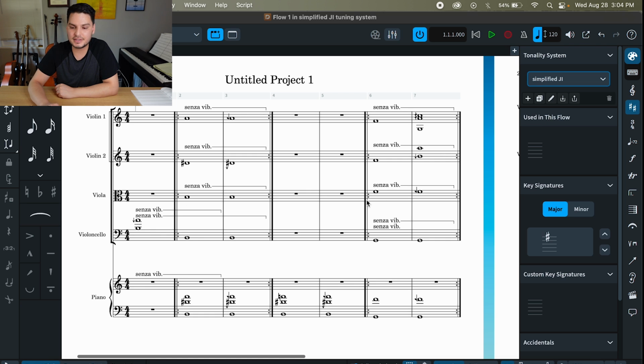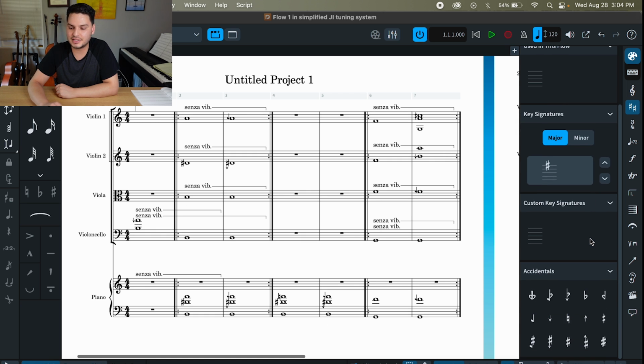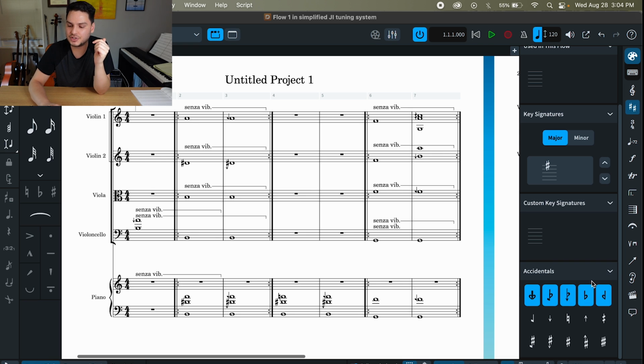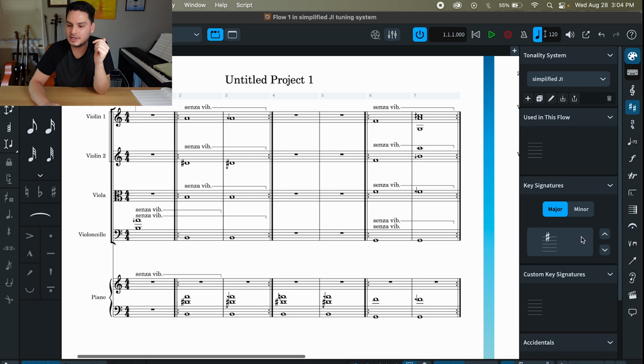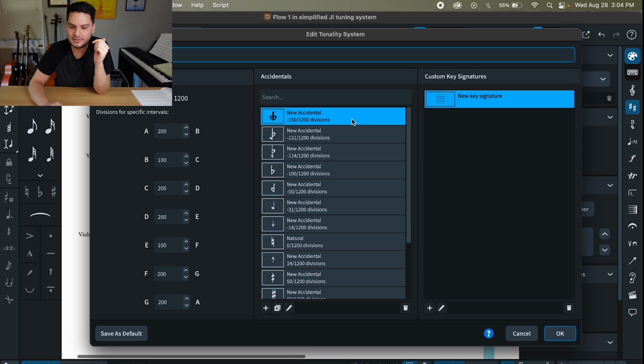And so this is the system that is currently present within this score. And so you can see when I scroll down to the bottom, all of these various accidentals, I have about 15 accidentals with specific kinds of pitch deviations. And I'll just open it up so that you can see what they are. If I go into the edit tool, which is this pen tool below the tonality system,